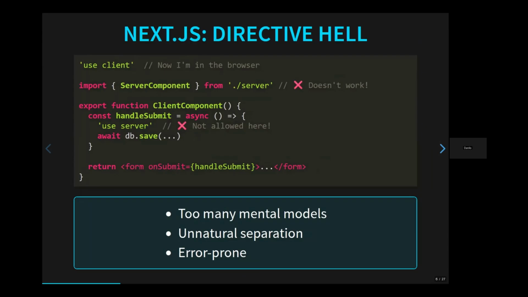Also, with these directives, you really can't use much of the code from the backend and the frontend, or it has some methods in there which are shared, but it makes things more complicated. I think they are on purpose in Next.js, and developers are living with these directives, but